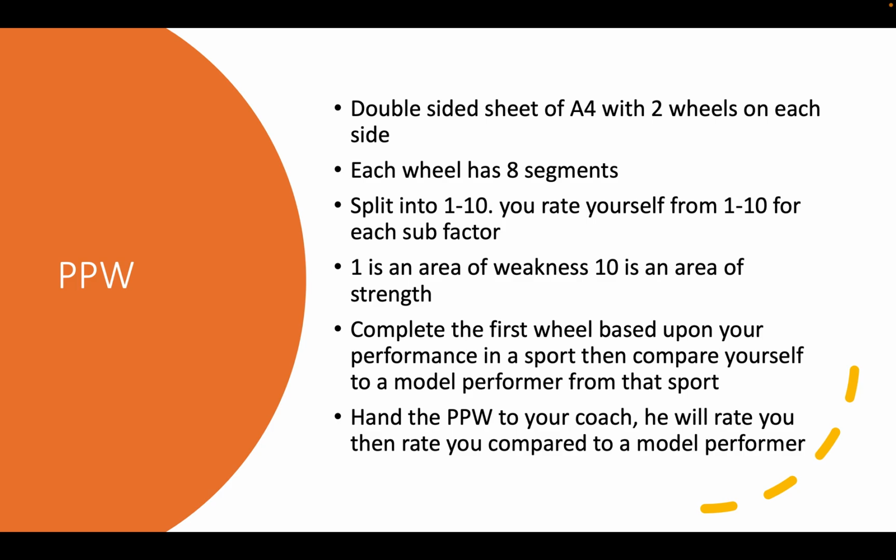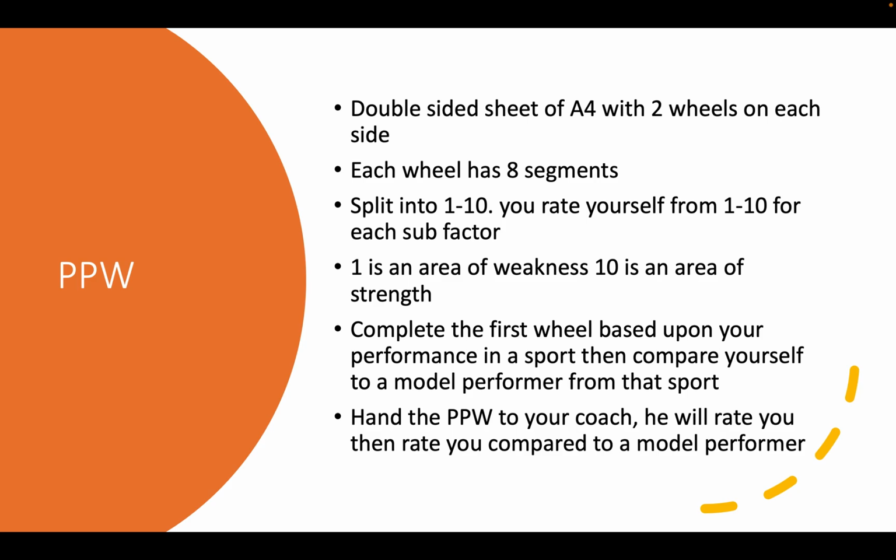So, the PPW, well, it's a double-sided sheet of A4 paper with 2 wheels on each side, as you've just seen. Each wheel has 8 segments, and you write the subfactors around the outside. Inside each of these segments, it's split 1 to 10, and you rate yourself from 1 to 10. 1 is an area of weakness, and 10 is an area of strength. You shade up from the middle of the wheel, and then you select what you think your score would be. If you think that you are a 7 out of 10 for controlling your anxiety, you would shade up 7